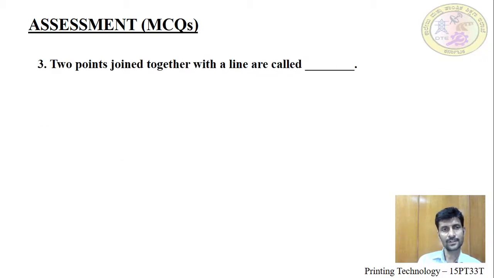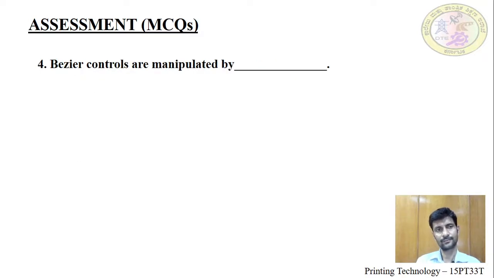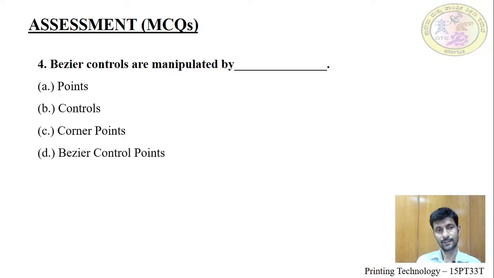Next, two points are joined together with a line or chord. Drawing, joints, segments, none of the above. We even call it a path. Okay, this is the clue for this question. Next, Bezier controls are manipulated by dash. Points, controls, corner points, and Bezier control points. Obviously, it has the basic things to manipulate